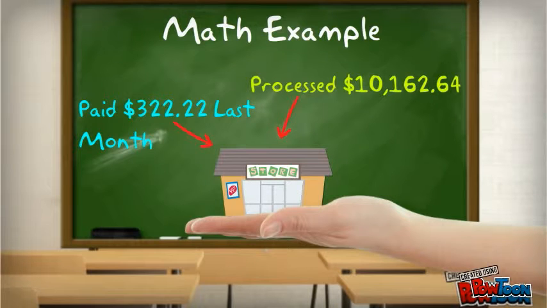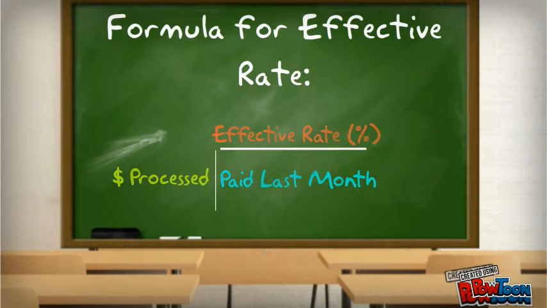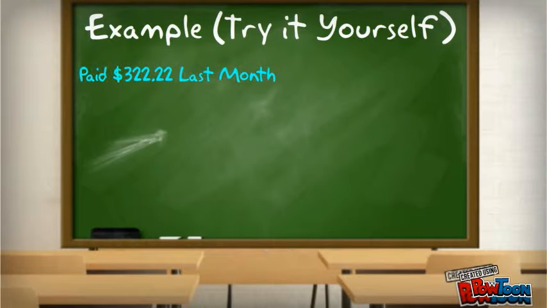The formula for effective rate is not too hard. It's the amount paid last month divided by the amount processed. The result is the effective rate. So how do we figure that? Let's do an example. You try. Last month, $322 was paid out by the merchant for